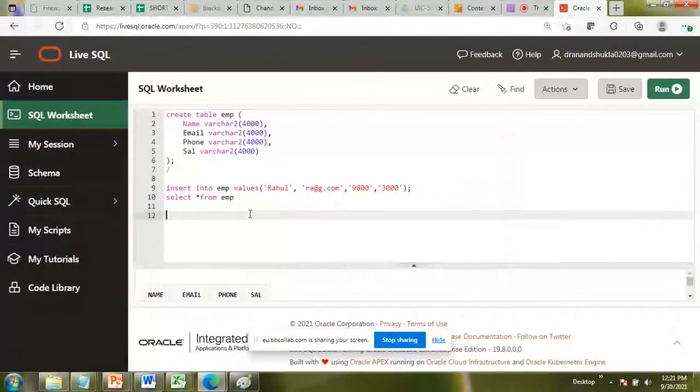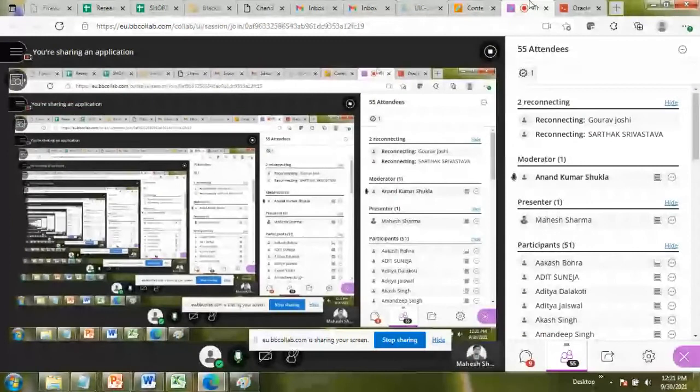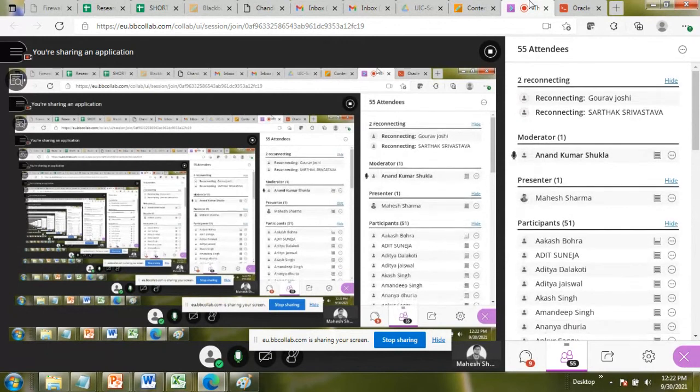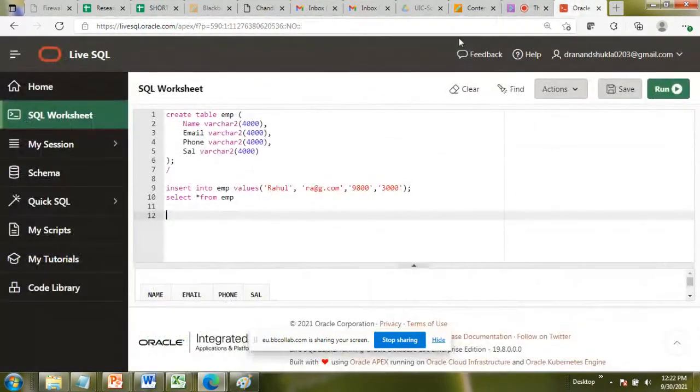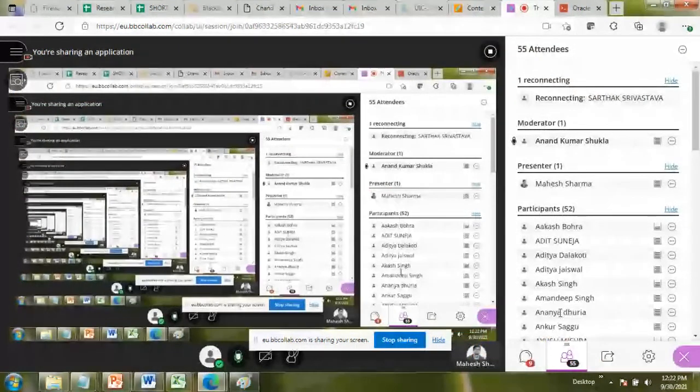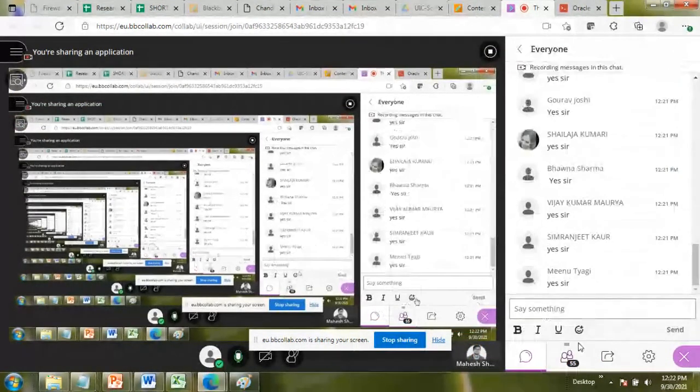So what we have to do now is create a procedure for a cursor. Whenever you are going to create a cursor and somebody asks what you should call it technically, you have to tell them this is a kind of procedure for a cursor. Technically that's called a procedure for cursor.